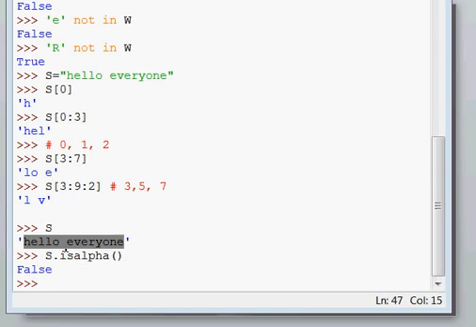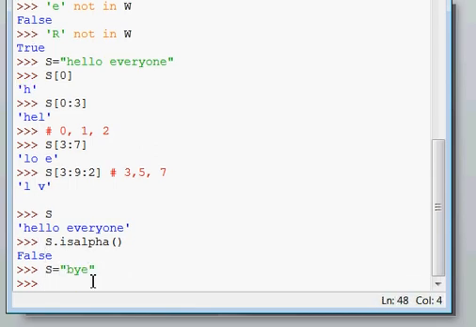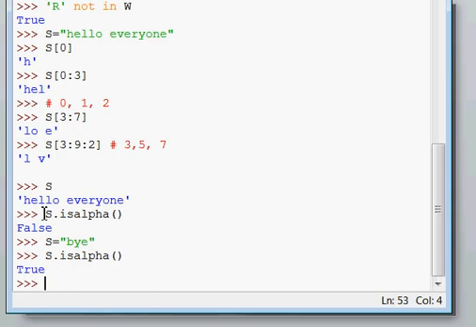It is giving false. Why? Because you are having one more character, that is space here. Due to this, if I again take a new string, say by, and use S.isalpha, it is giving true. Yes, because all the elements inside the string are alphabets only. So isalpha is checking whether the given string contains all alphabets only. If it is yes, then it is giving true, otherwise it will give false.